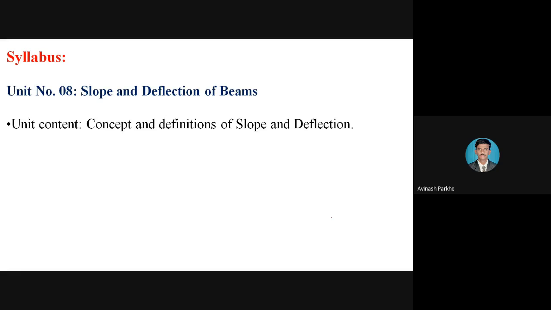So in this chapter, once again, we have to study only two types of beam, simply supported beam and the cantilever beam, and only two types of loads, that is point load and the UDL. That means we have to discuss only four standard cases. Which are the four standard cases? Simply supported beam with point load at the center, simply supported beam with UDL on entire span, third, cantilever beam with point load at free end, and cantilever beam with UDL on entire span, and their slope and deflection formula.